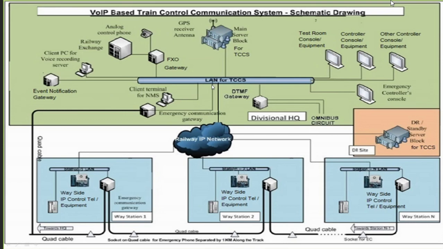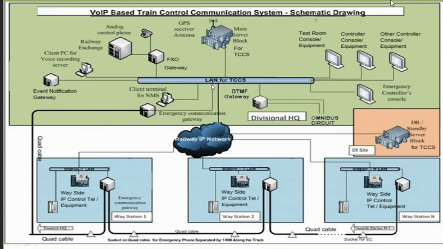So this touchpad has a telephone. The controller console will have status indications. The station master's telephone condition will display whether it is free, busy, or not reachable, and it has the caller ID and call history. You can store the call history. You can send and receive SMS between the station and the controller.